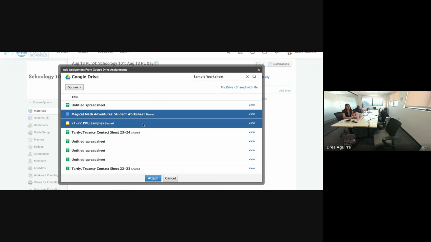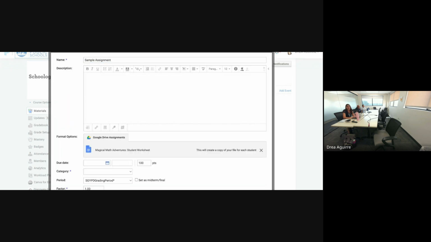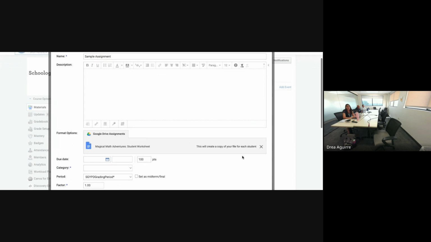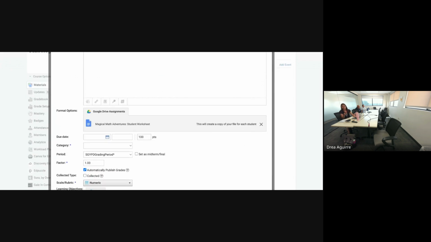When it is selected in blue and it just stays there regardless of where I move my mouse, I know that it is actually selected, and I can click attach, and that's going to force a copy for each of my students and adjust the sharing permissions. And then what it also does is, if I set a due date on this assignment,